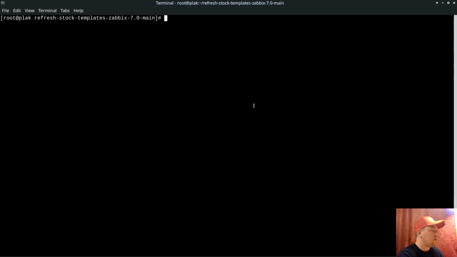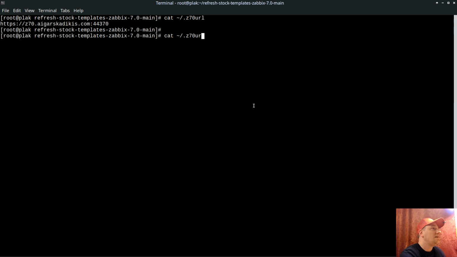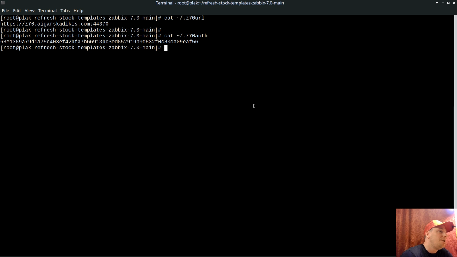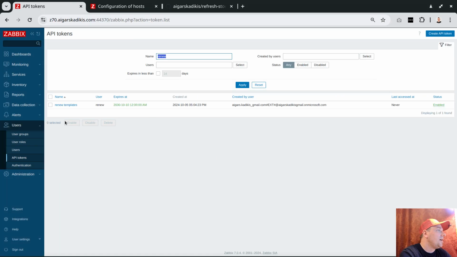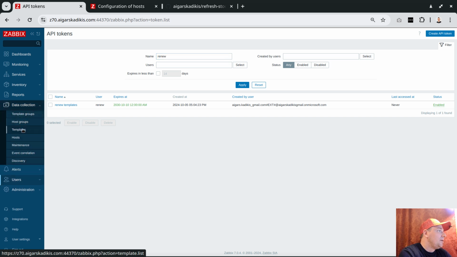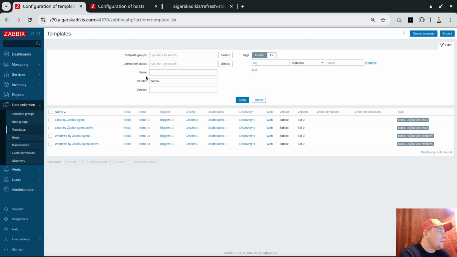In summary, if I print here the session URL, this is where my front end is located, and this is the token which will be used to renew the templates. Okay, so how it works now: closing here and visiting the templates section. What this script is doing, we have a vendor field, Zabbix. So these are all official templates coming from Zabbix, and